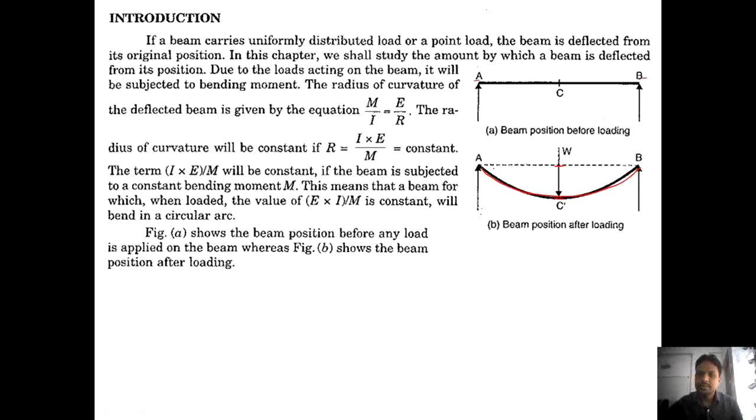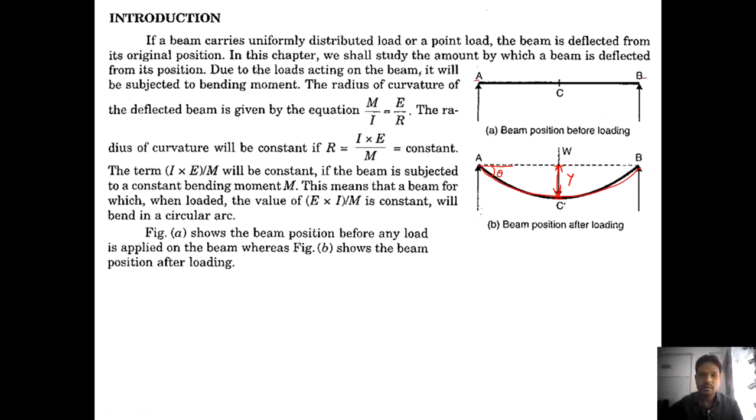When the beam is deflected, this much distance is known as deflection, denoted by y. The angle or the slope at which it is deflected is known as slope of deflection, angle of deflection, whatever. W is the load. Got it? So two terms we have seen here: y is the deflection, that is a distance, and theta is the slope or the angle of deflection.